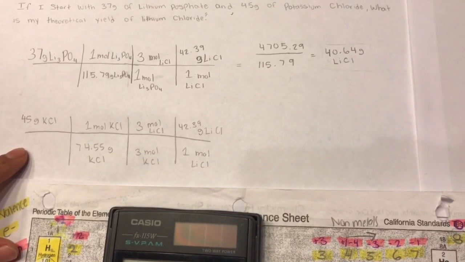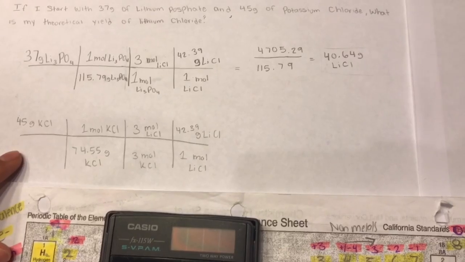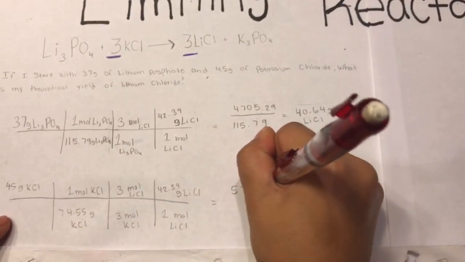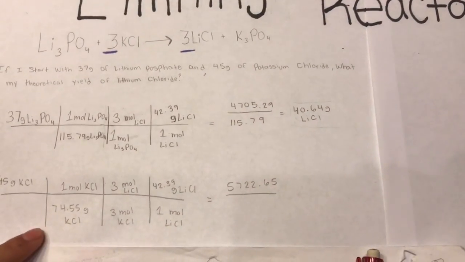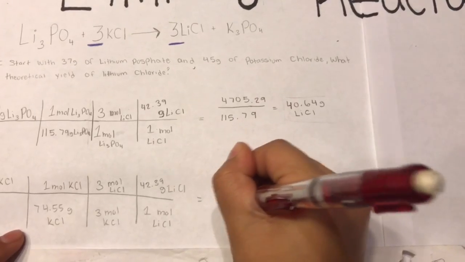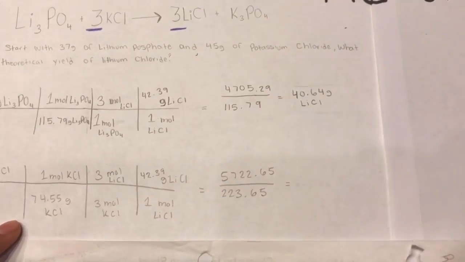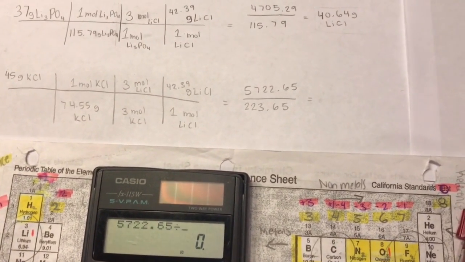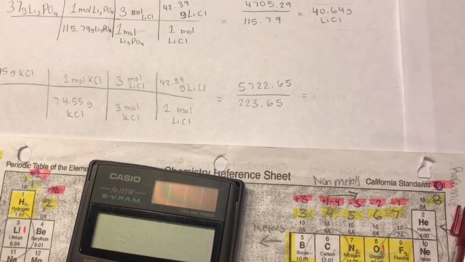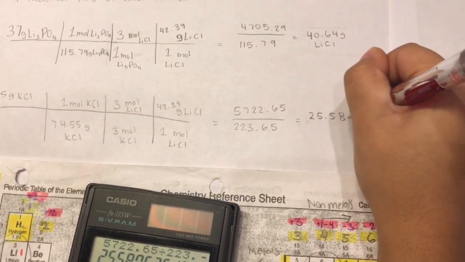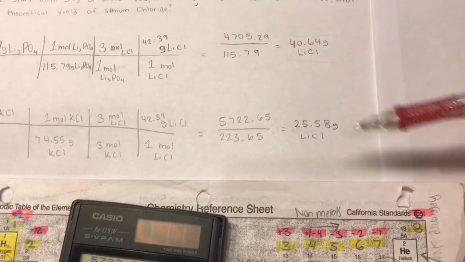So 45 times 1 times 3 times 42.39 gives you 5,722.65. Now you multiply the bottom, which is 74.55 times 3 times 1, which gives you 223.65. Now you divide 5,722.65 divided by 223.65. That gives you 25.58 grams of LiCl. So now you want to figure out which one you have less of, and obviously